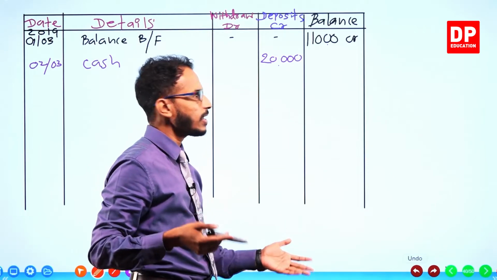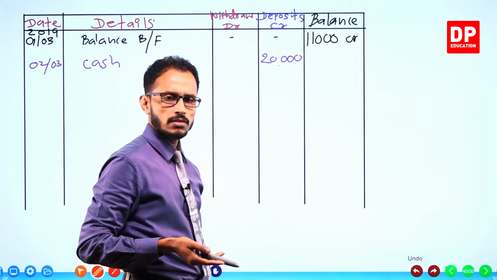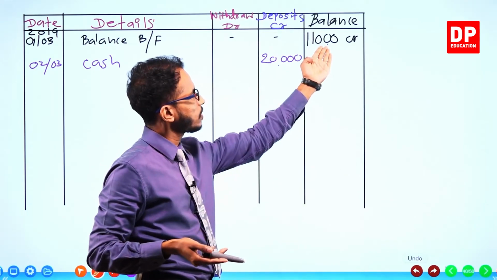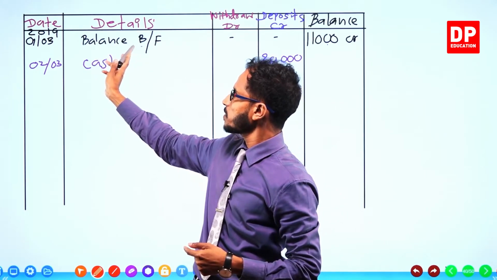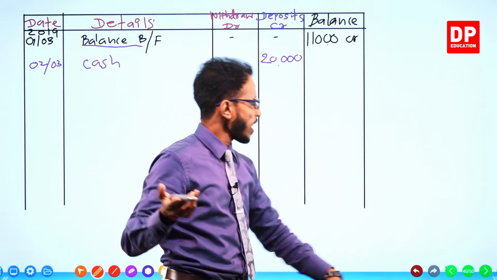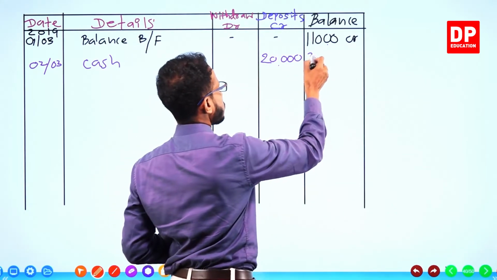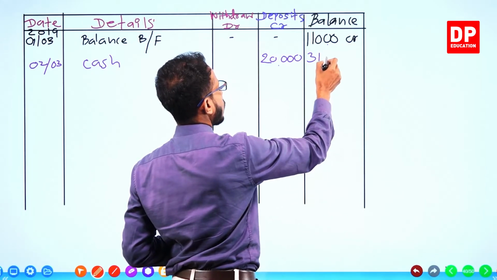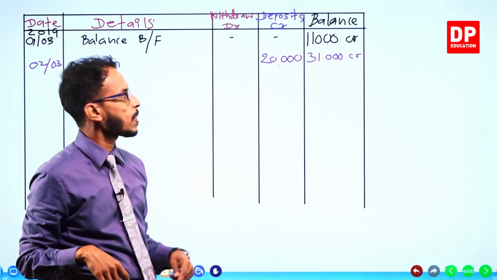That's why we mention it as the balance brought forward. So that is the cash in the account, and 20,000 again gets added. Then the balance becomes